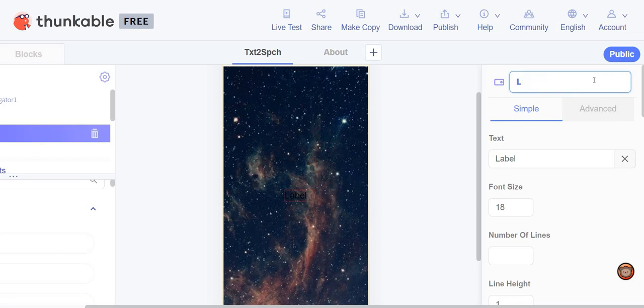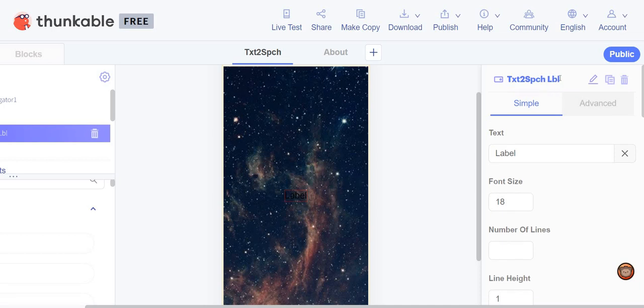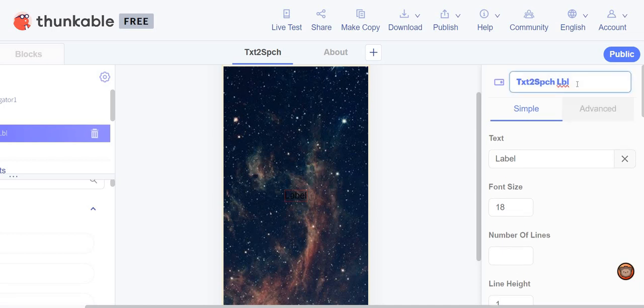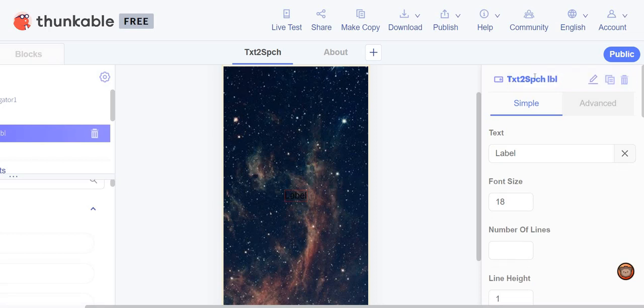We can actually put this as text to speech label, LBL. So here if you notice, LBL stands for label. I'm just using acronyms, text to speech label. So there is an option for you to write label. So here what you can actually write, text to